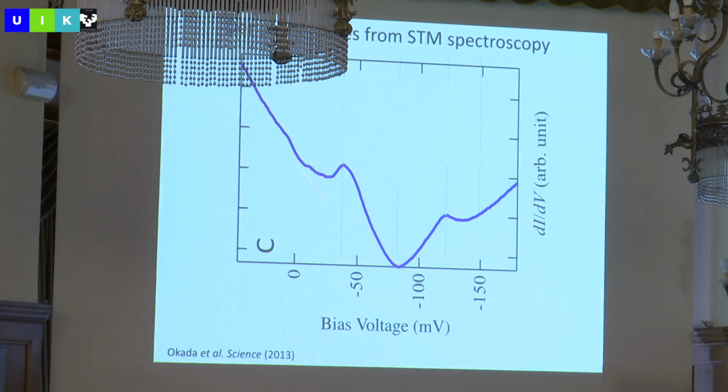So this is what the density of states looks like. It looks like a superconductor, except don't be fooled, here's 0. So the spectrum should be around 0 if it's a superconductor, right around the Fermi energy. Here, this is actually negative 70 millivolts. So why does it look like this? It looks like it has a gap, but actually it doesn't. So this actually turns out to be coming from